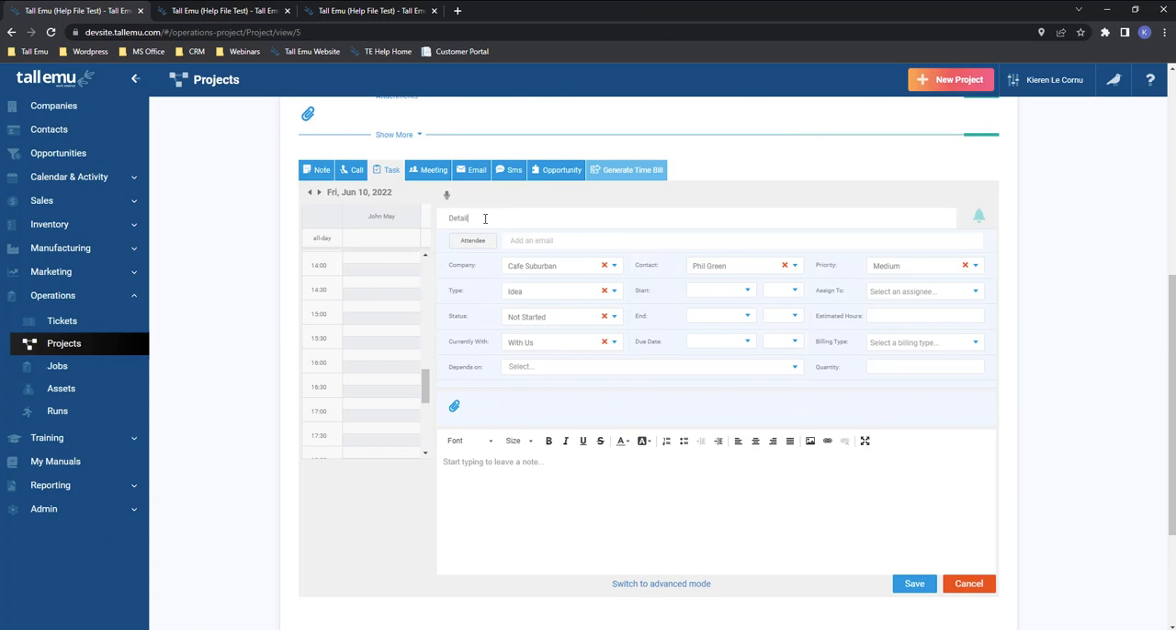So in here, I can add the details of the task, go and pick the attendees or the people that are going to participate on this task, select a person in the system to assign it to. So I'll pick Brett in this case and go and put in our start and end date requirements. So if I set that one for the 13th of July, pick a time,